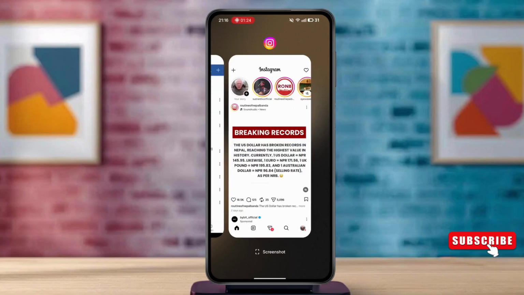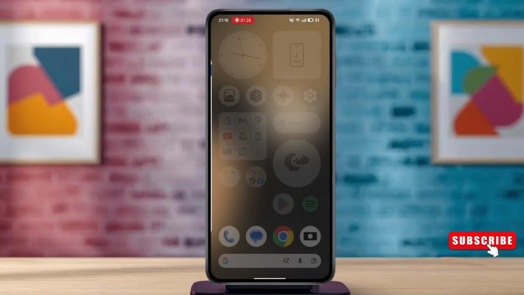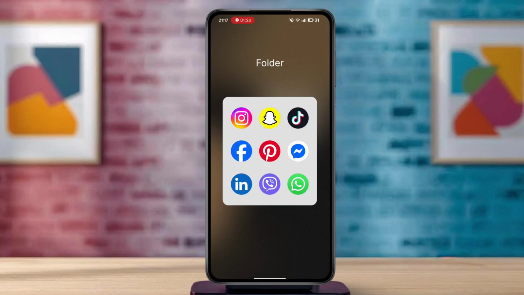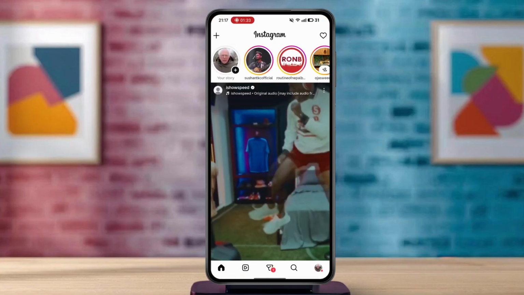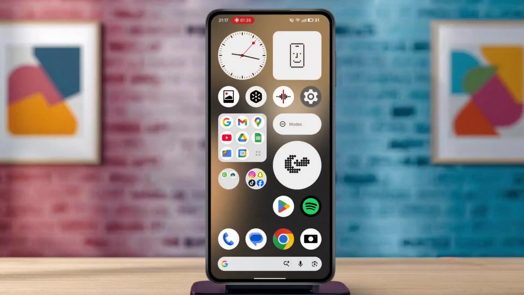So you can just swipe up from the bottom and then remove it from the background, and then open it up again, and the app will restart. After that, try to upload it again. If this does not work, you'll need to go to your settings,